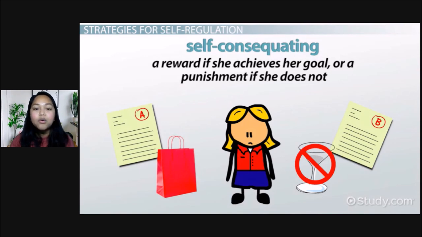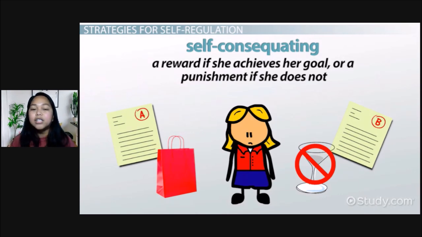Self-consequating: there is a reward. She sets a reward for herself if she achieves her goal, or a punishment if she does not. So sabi ni Sally, kapag nakakuha ako ng A, for example, kayo po pwede niyong gawin to. Kapag nakapasa ako ng LET, bibili ako ng bagong cellphone. Okay? Or kapag pumasa ako ng LET, maghahanap ako ng bagong boyfriend.